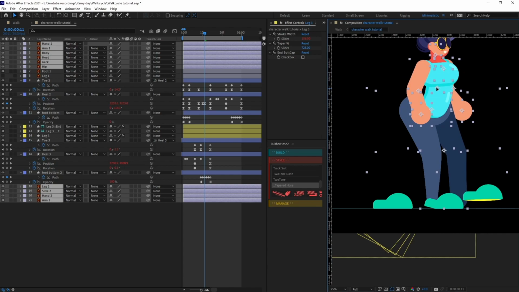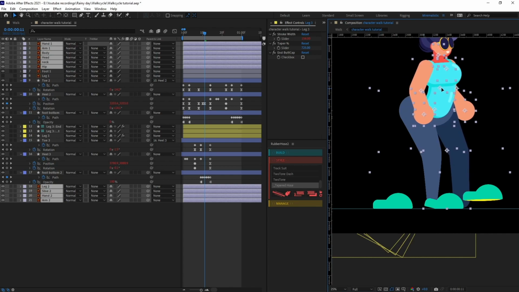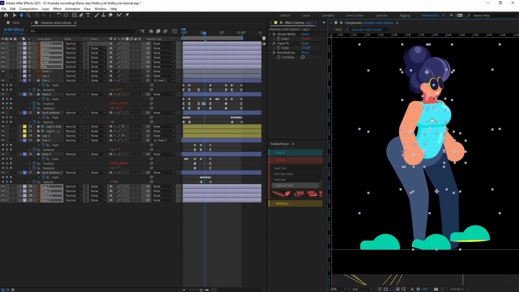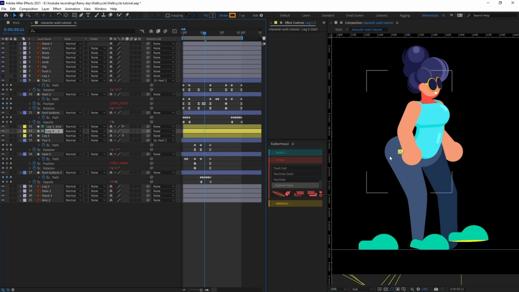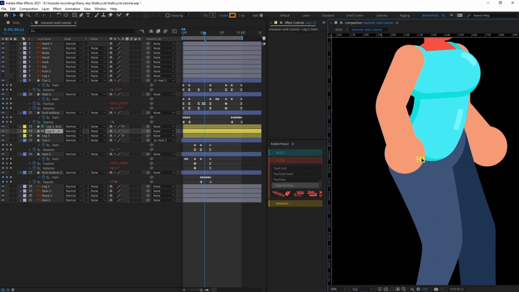Okay, let's reposition the body and the other layers a bit before jumping on to the next pose. So we are going to move it exactly at the midpoint of this particular animation. And let's try to adjust it over here.